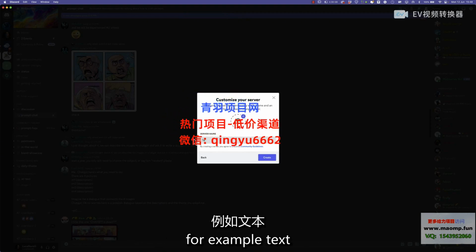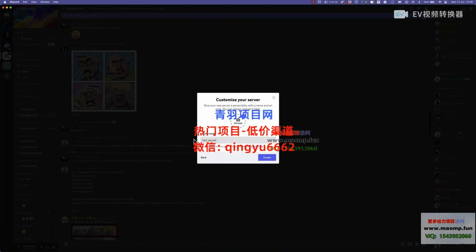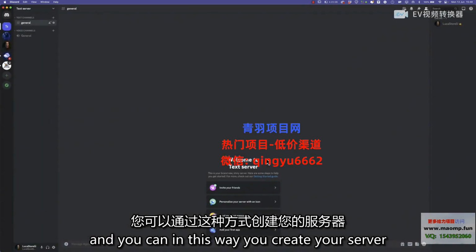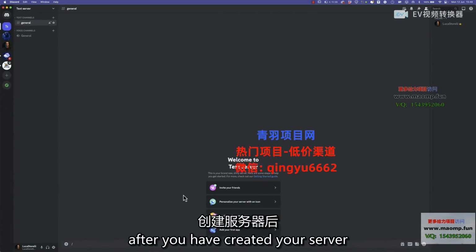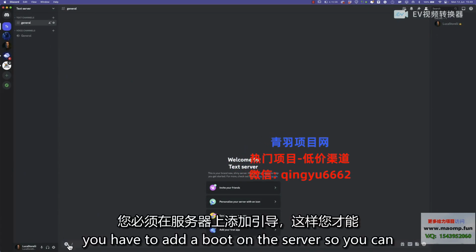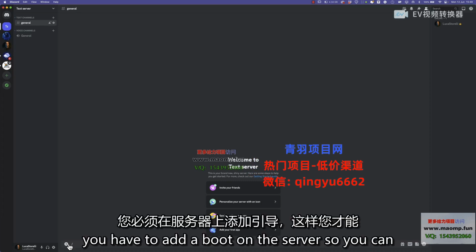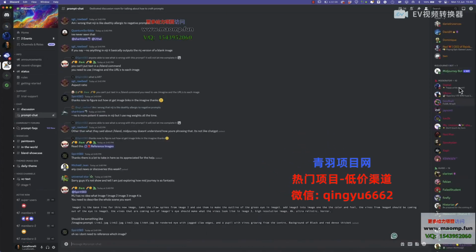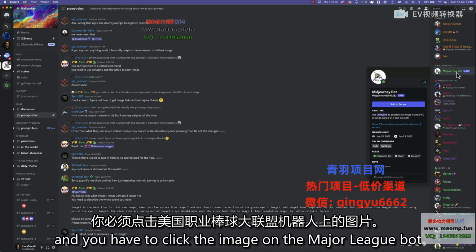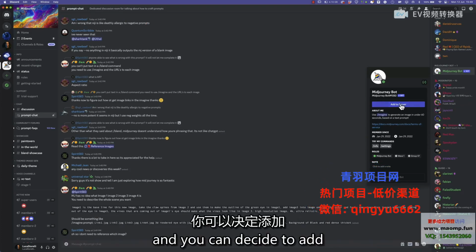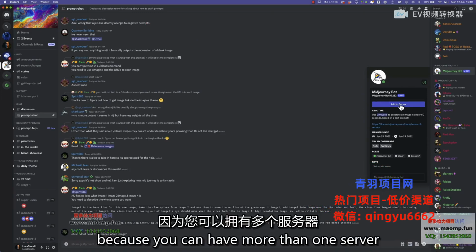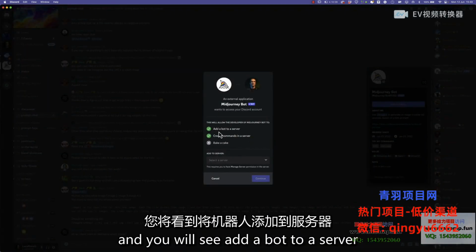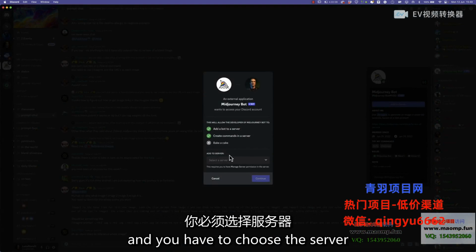For example, test server. You can upload a picture if you want, and in this way you create your server. After you have created your server, you have to add a bot on the server. So you can come back here on Midjourney, and you have to click on the Midjourney bot, and you can decide to add to a specific server, because you can have more than one server. So you click here and you will see add a bot to a server, and you have to choose the server